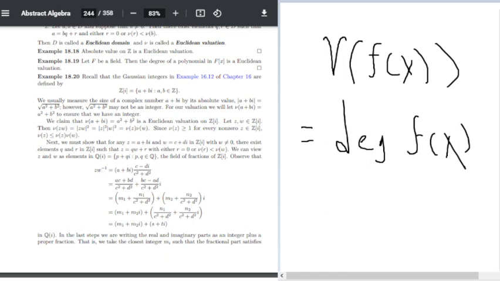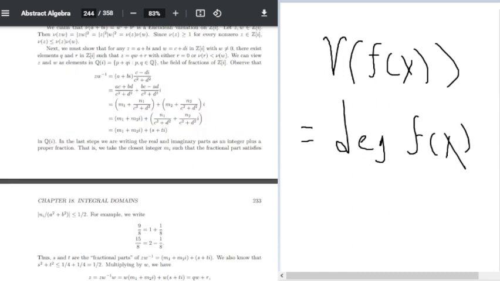Next, we must show that for any z equal to a plus bi and w equal to c plus di in Z[i], with w not equal to 0, there exist elements q and r in Z[i] such that z is equal to qw plus r, with either r equal to 0 or nu of r less than nu of w. One can view z and w as elements in Q[i], which is equal to p plus qi with p and q rational, the field of fractions of Z[i]. Observe that zw to the minus 1 equals (a plus bi)(c minus di) over c squared plus d squared, and then we can manipulate this